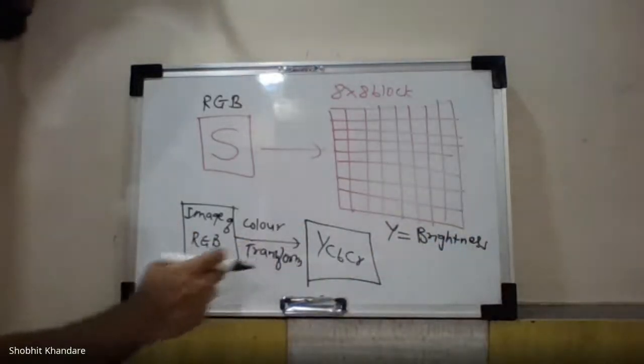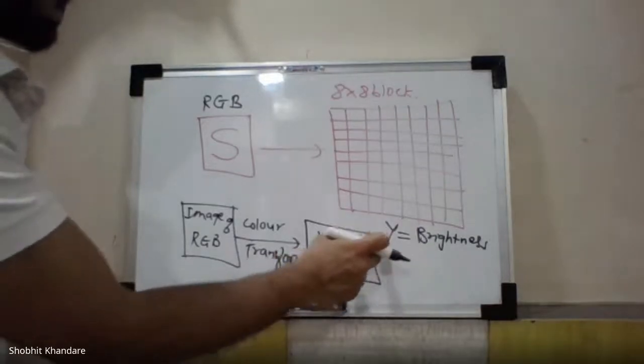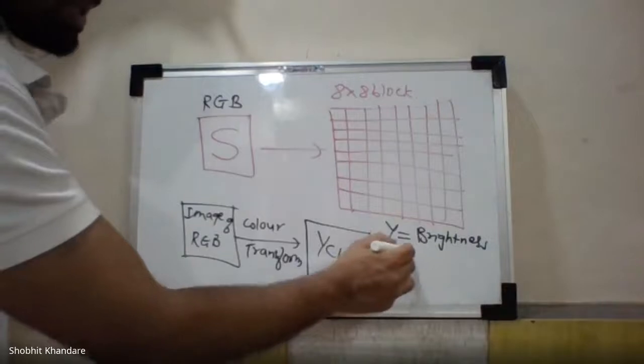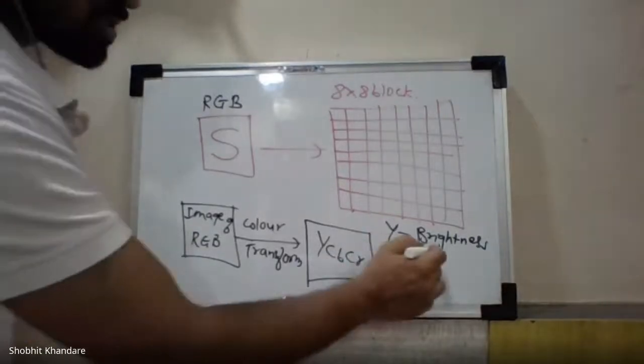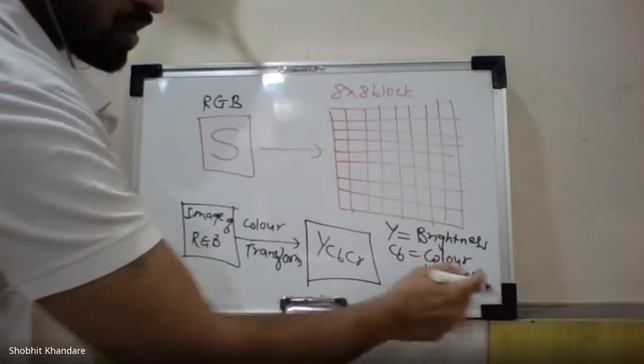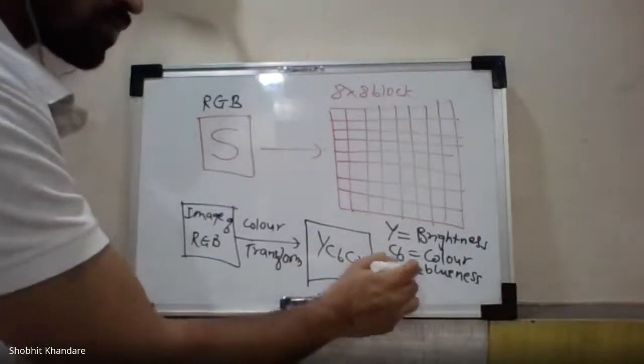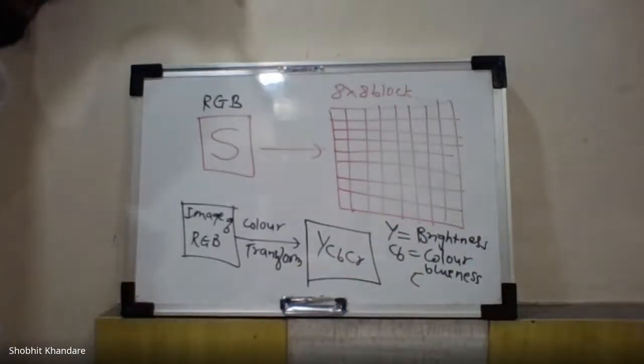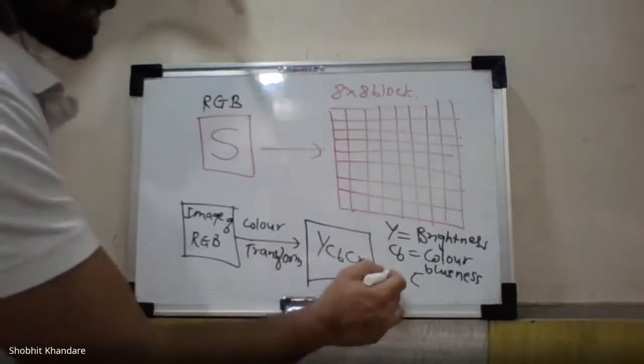You can draw along with me. So YCbCr, where Y stands for brightness, Cb stands for color blueness. In brackets, write color blueness, blue difference relative to the green color. What have you written? Blue difference relative to the green color. And the last one, that is Cr,